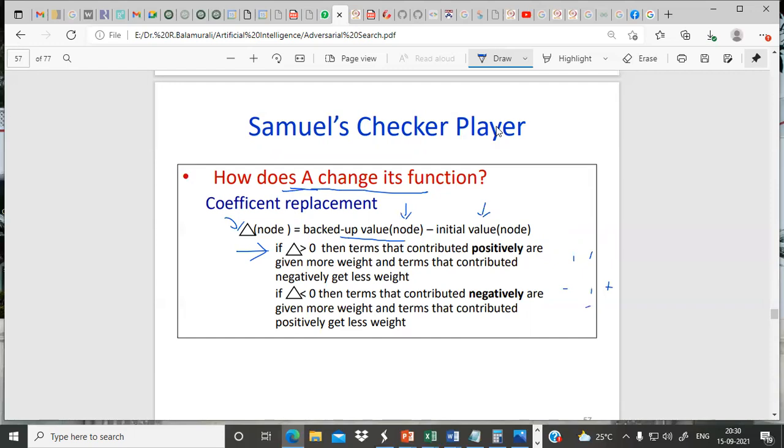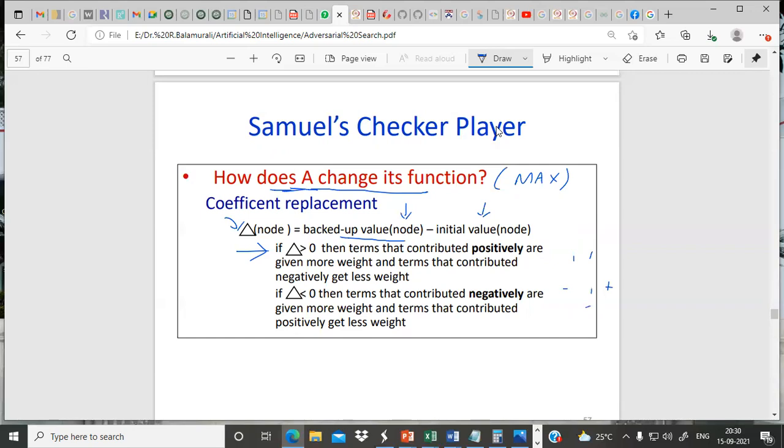How does A change its weight? We are thinking from A's perspective. What player is A? A is a max player. He learns and he improves his weight. So let us assume A is a max player. He wants to increase his weight, he wants to increase his score. So if del is greater than 0,